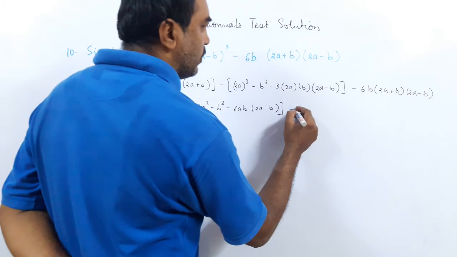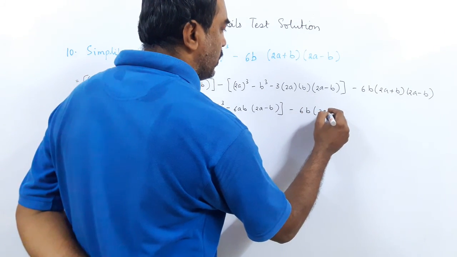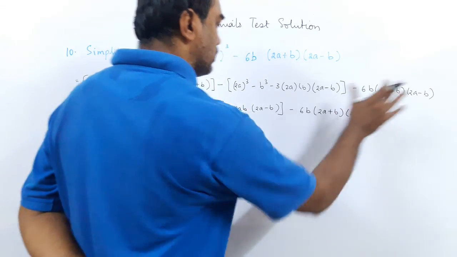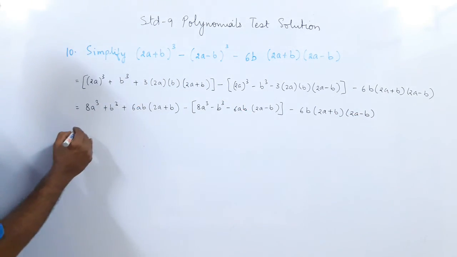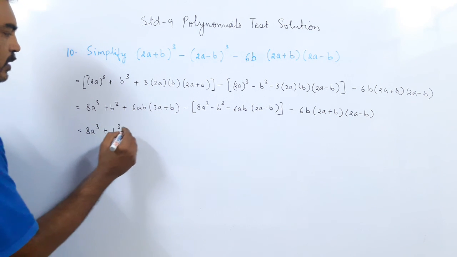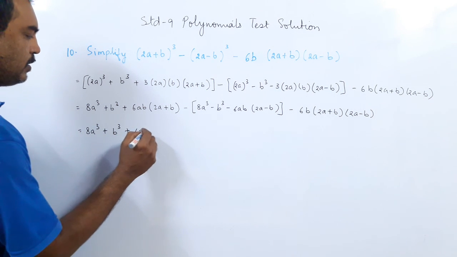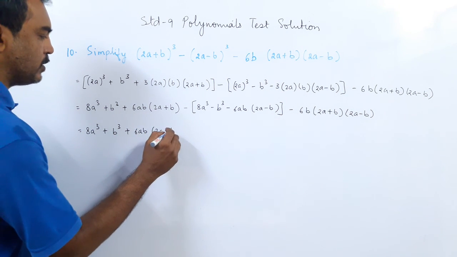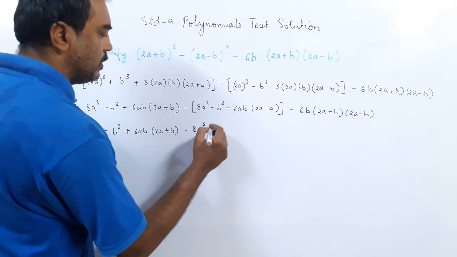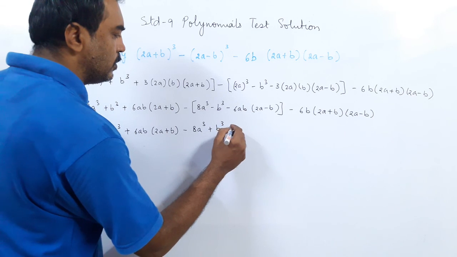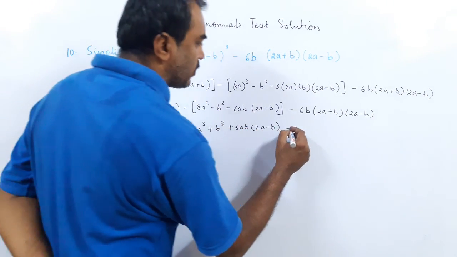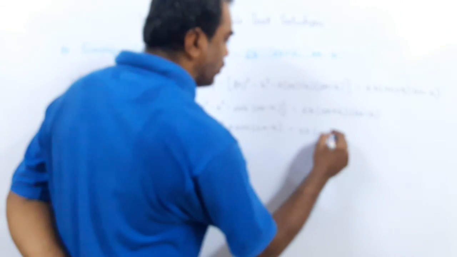Okay, and minus 6b into bracket (2a plus b)(2a minus b) as it is. Now we'll open the brackets and solve. 8a cube plus b cube plus 6ab into bracket 2a plus b, minus 8a cube, this will become plus b cube plus 6ab into bracket 2a minus b, minus 6b(2a plus b)